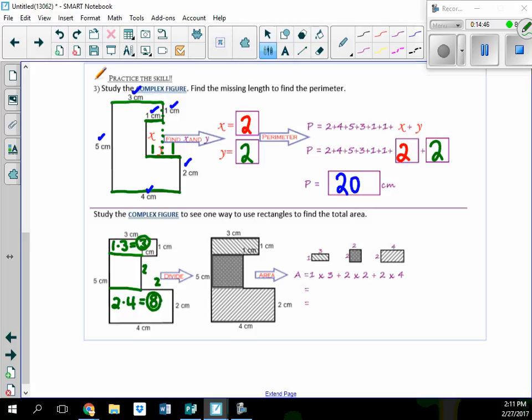Okay. Now I have this one right here. This one's a little bit tricky. Do you think you know, Matthew? Yeah. What do you think it is? So I know that the 2 centimeters is the same size underneath the 5 centimeters. Okay. And then I know that for